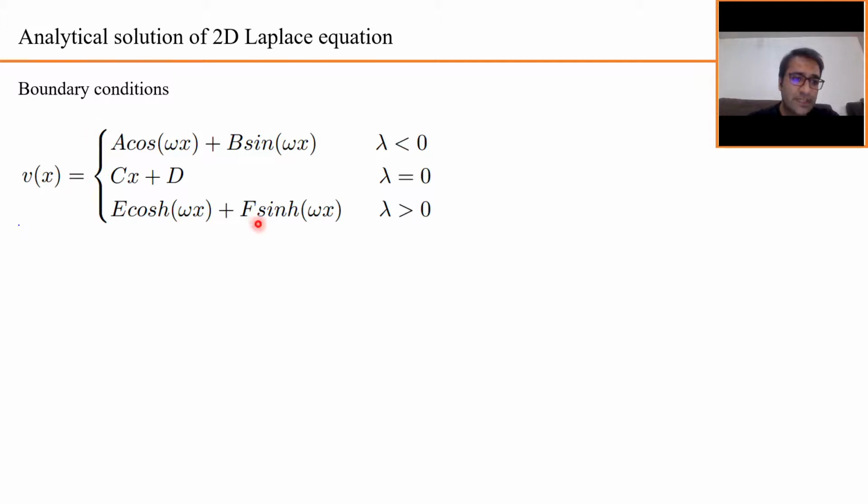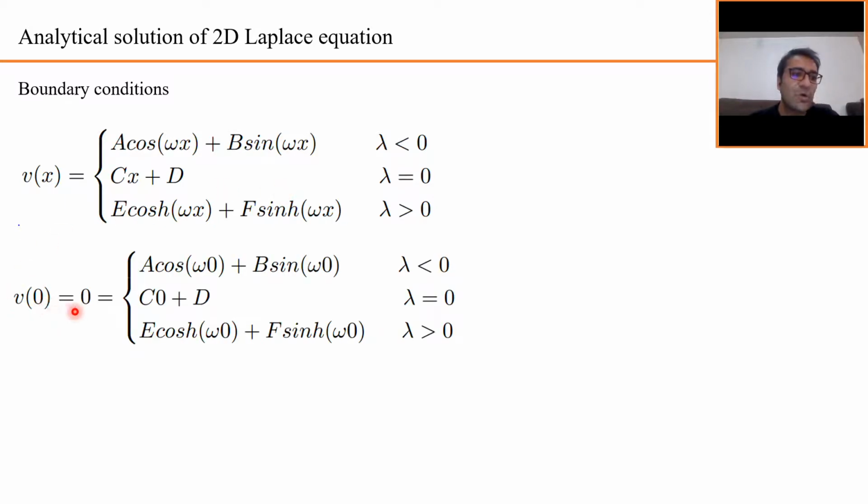So we found out that for lambda less than 0, the v(x) should be in this form of cosine and sine. For lambda 0, it should be a linear form, and for lambda greater than 0, it should be in the form of cosine hyperbolic and sine hyperbolic. So at the left boundary condition, we say that v(0) is 0. So I just put x equal to 0. It's a cosine 0, b sine 0, c·0 plus d, e cosine hyperbolic 0 plus f sine hyperbolic 0. And we know that cosine 0 is not 0. It is 1. In order to satisfy this condition,